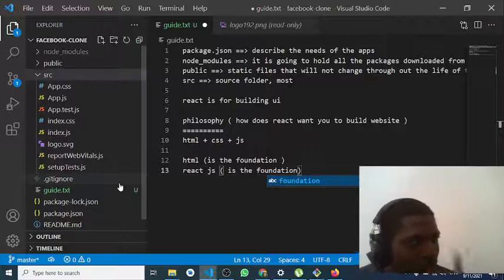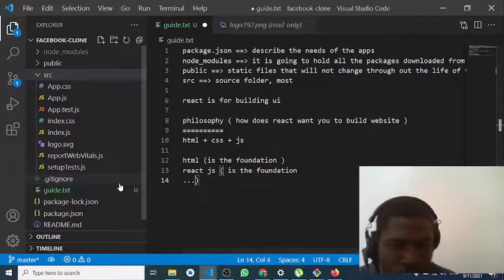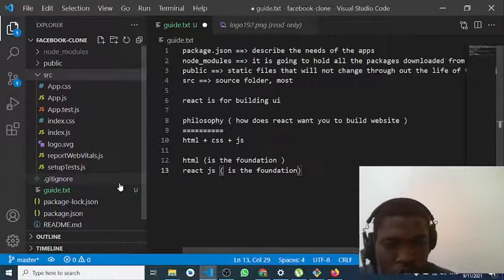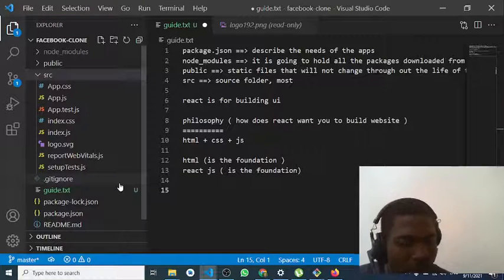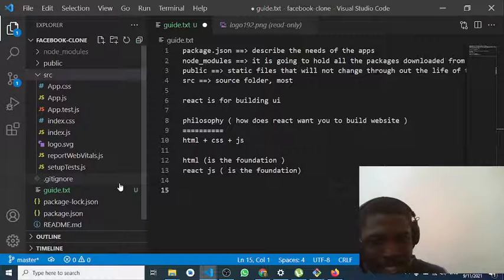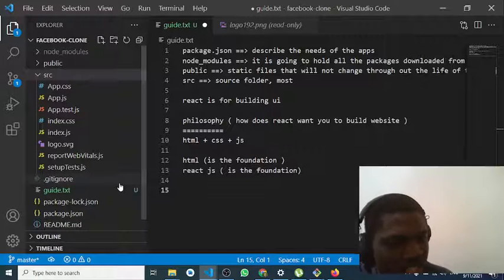So in React, number one thing, you will not be writing HTML. You are writing JavaScript, right? But you know that it is impossible for us to build a website without HTML, right? So that is why